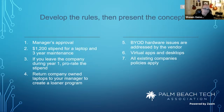One important piece is that your BYOD hardware has to be addressed by the vendor. Again, just way too much if you look at all the different devices that are out there. And again, this is about managing the service and not the device. From a virtual app and desktop perspective, I like that approach personally, because I found whether it was BYO, or whether it was in the middle of a pandemic, one of our first that we experienced in our lifetime, when you look,